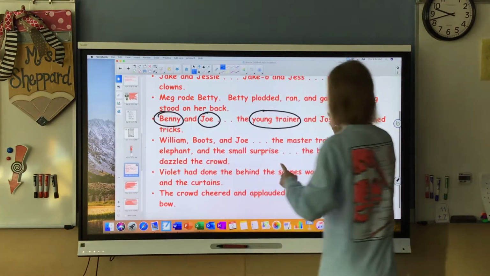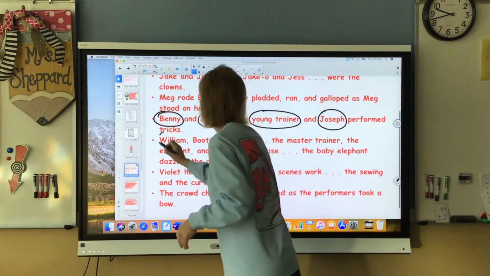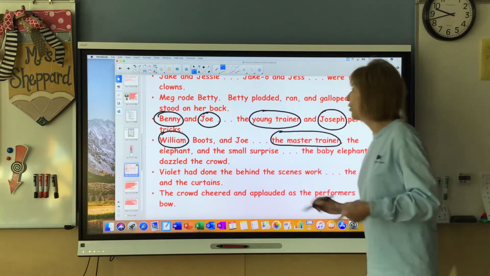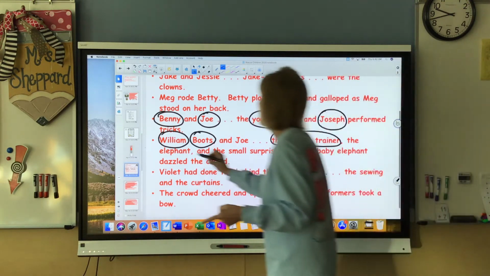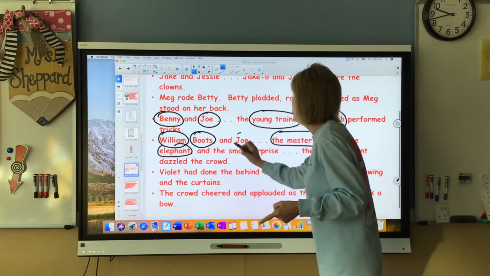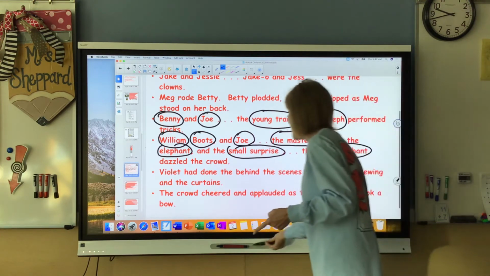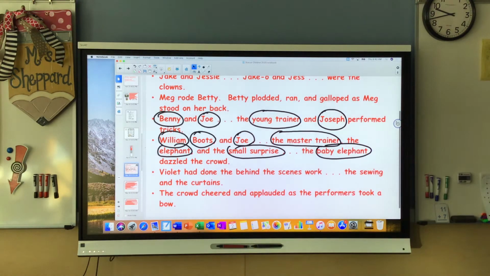Joe, they called him Joseph. They did tricks. William, who's a little bit older, was the master trainer. Boots, the cow, was the elephant. And Joe was the small surprise, which was a baby elephant. And the crowd was dazzled. That means they couldn't believe what they were seeing when they saw William, Boots, and Joe, the master trainer and